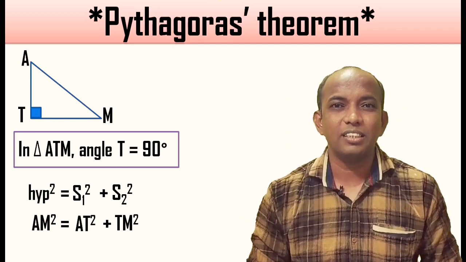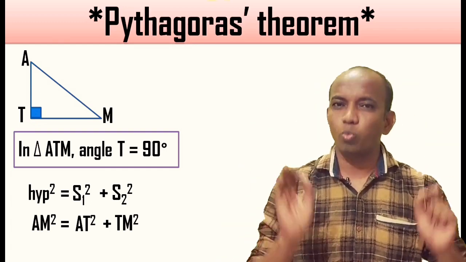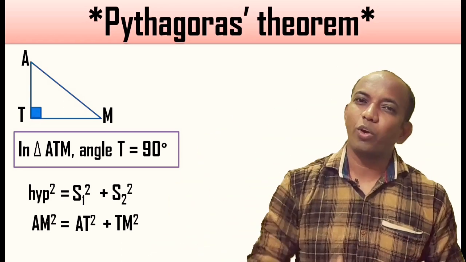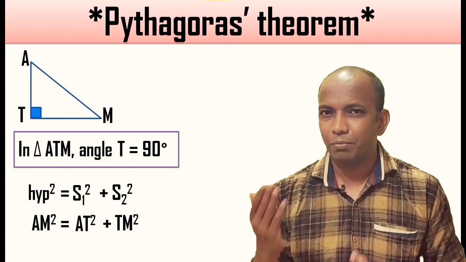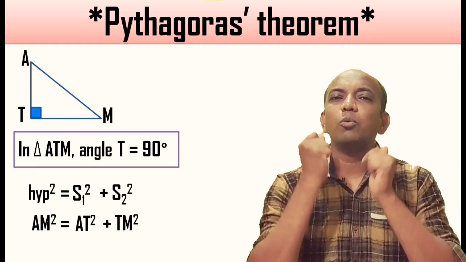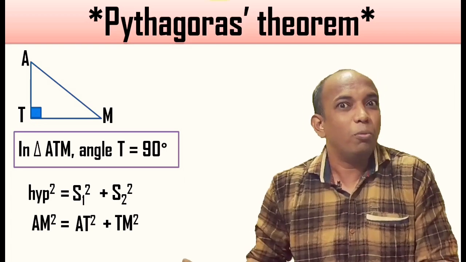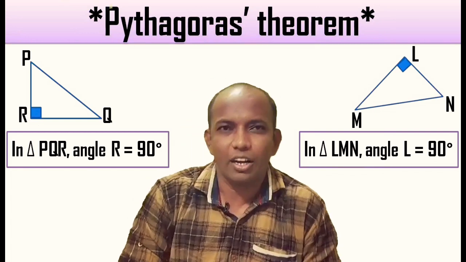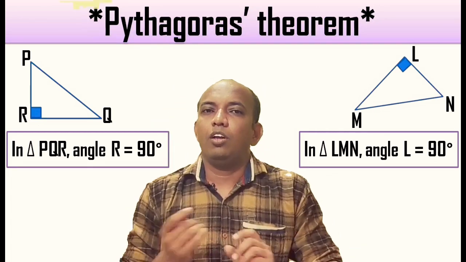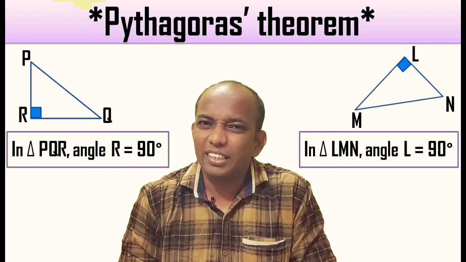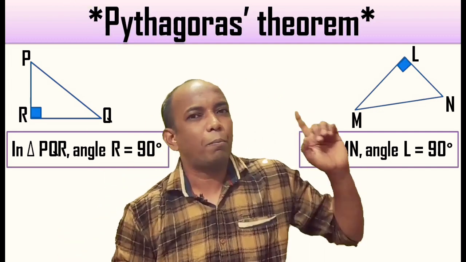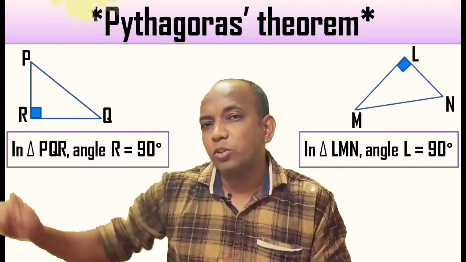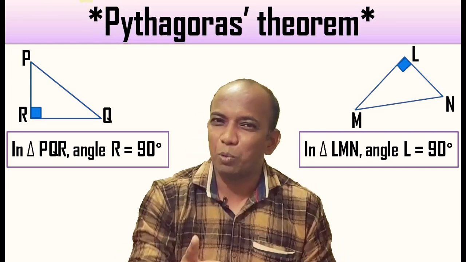Okay, what does this theorem say? The theorem says hypotenuse square in a right angle triangle is always equal to the sum of squares of the remaining two sides, or perpendicular sides. So before proceeding further, let's try to make the formula of Pythagoras theorem. Okay, in these two triangles, the first one is PRQ, another one is LMN. The way we decided, we will locate the right angle first. So in PRQ we have angle R as 90 degrees. Okay, so the side opposite to R is PQ, and that is the hypotenuse, right?